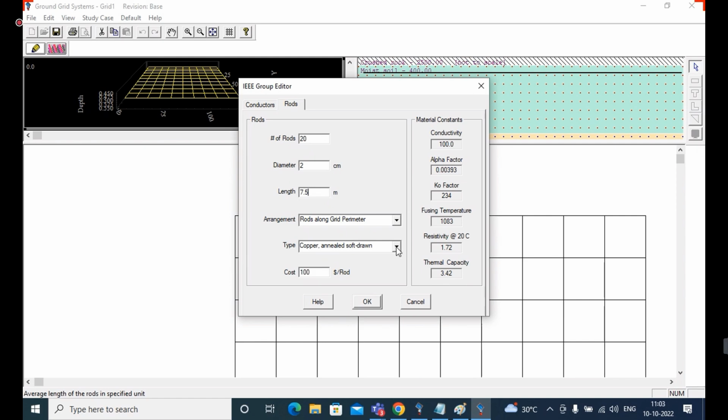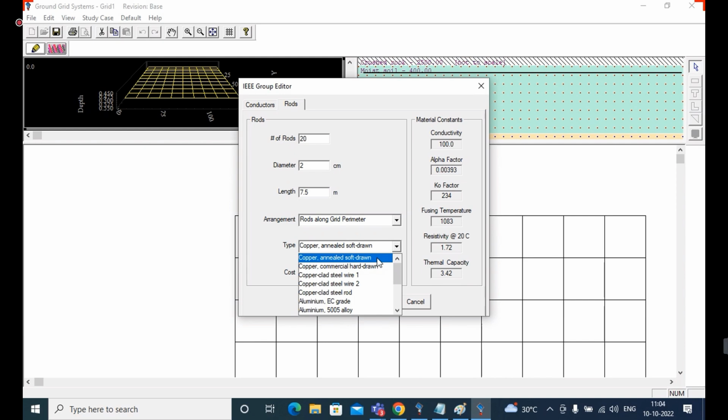What is the type of that rod? Already we assigned a conductor type, right? Like that, for the rod also we need to assign. Here also I'm going to use copper instead of aluminum. So here I am going to use copper annealed soft bronze. So for conductor type, I used a copper clad steel rod.